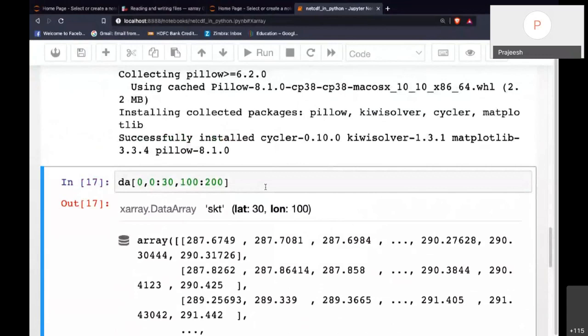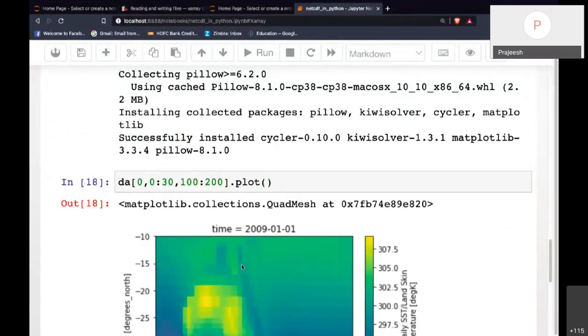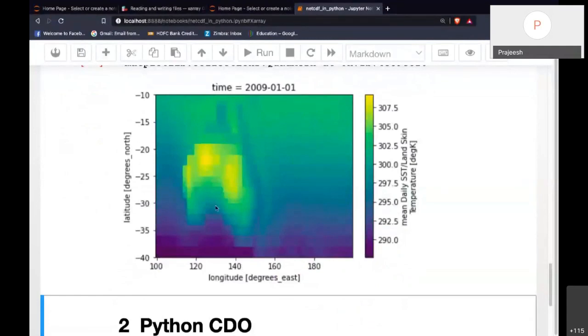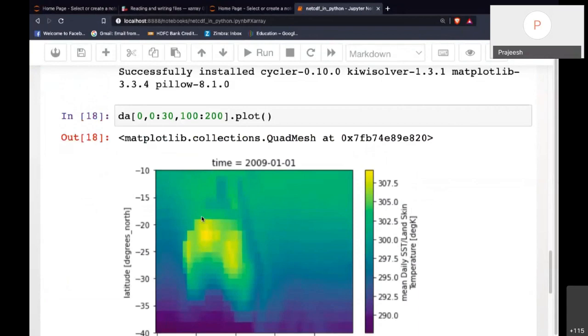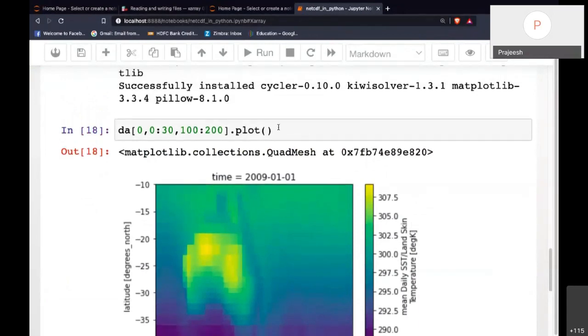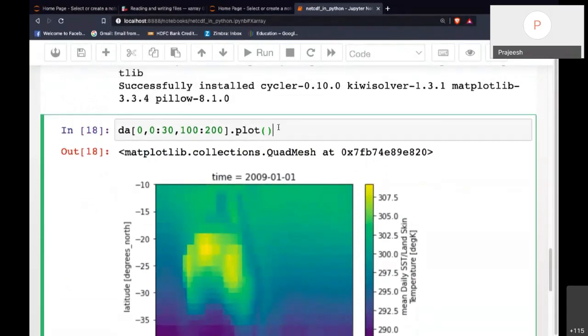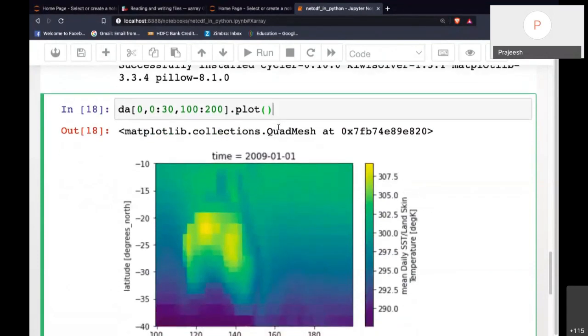If you plot it, you can see it's around that area, there's Australia. So you can do the slicing, subsetting like this.